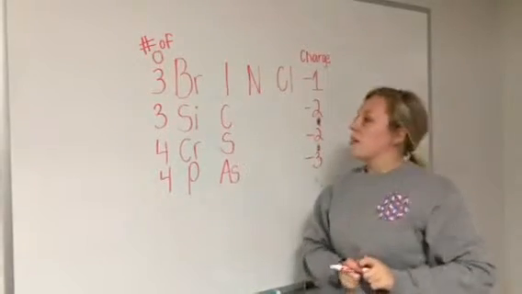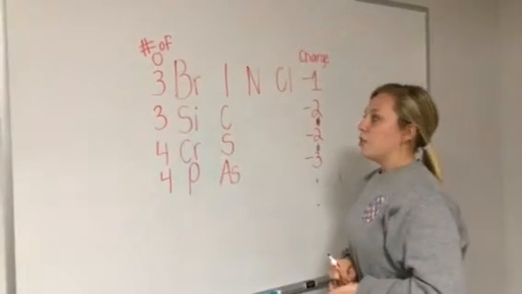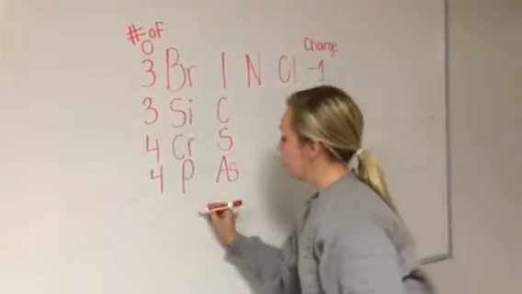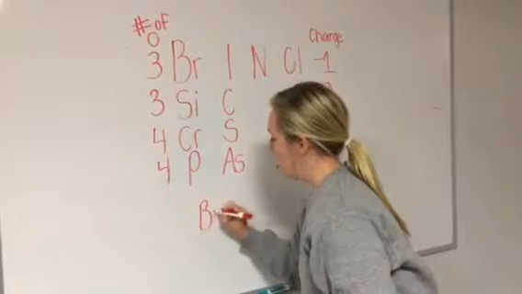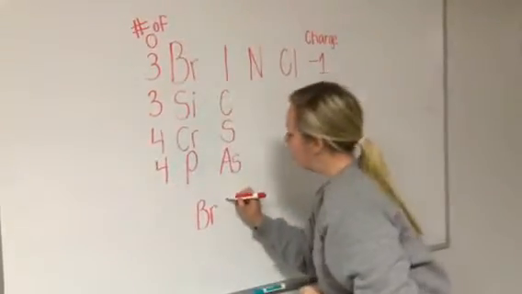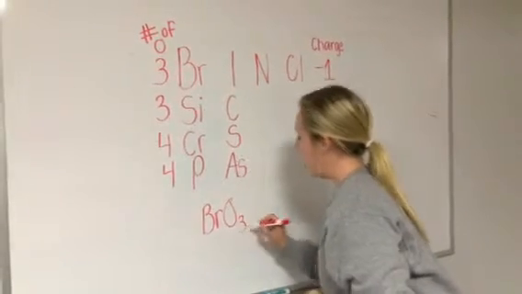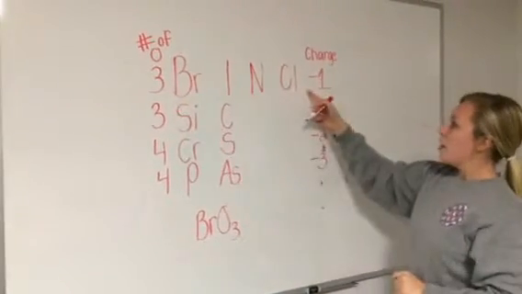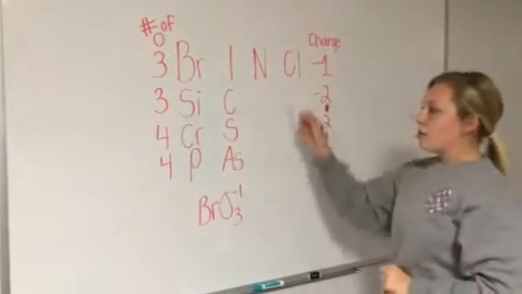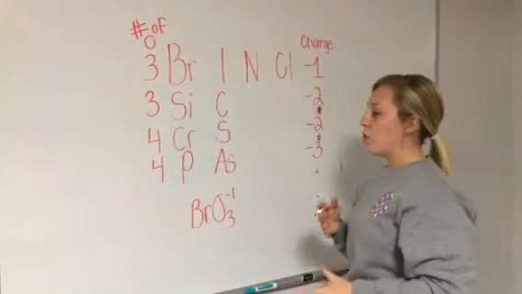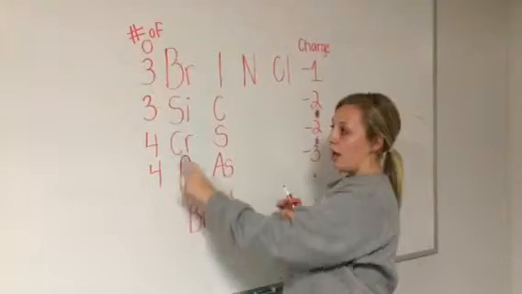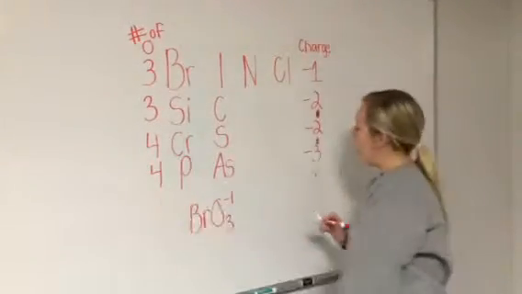So how I use this is, let's say she asks for the polyatomic ion bromate. You're going to go to Br, so you're going to write down your Br. You're going to know that it has to have oxygen, so you'll put O3. And you know that it has to have a charge, so we'll come over, and the charge is -1. And that also applies to the other ones. If she asked for phosphate, you would know that it would be P and then O4, and the charge would